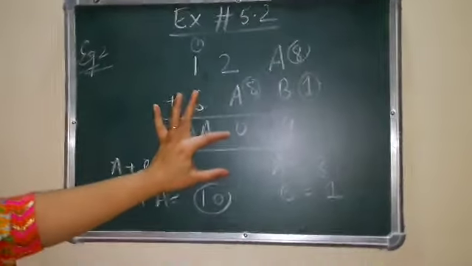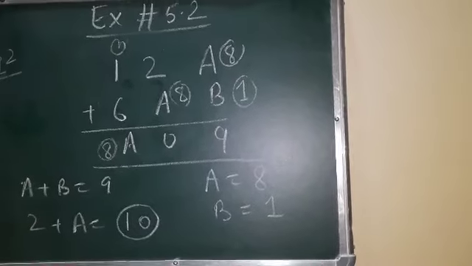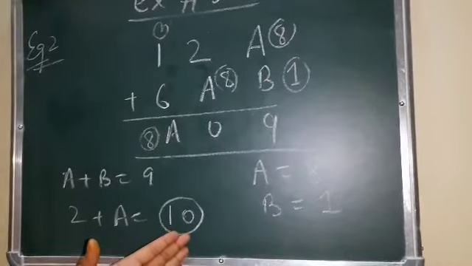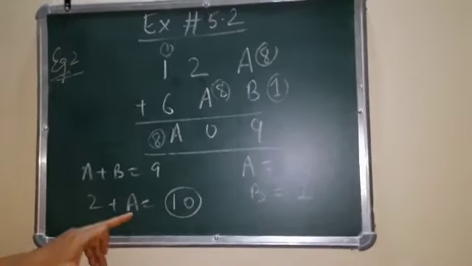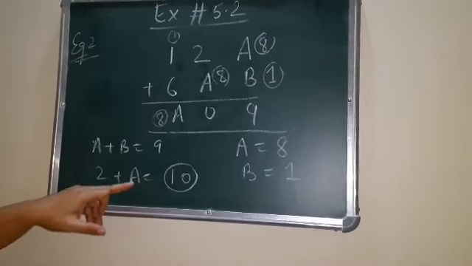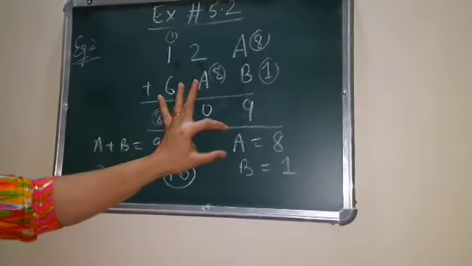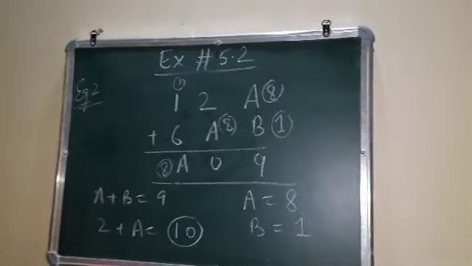2 plus A is 0, given. So 2 plus A cannot be 0. When we add something, we get a bigger number. So the next number other than 0 which has a units place 0 is 10. So that means 2 plus dash is 10. When you find A, it will be 8, because when you add 8 to 2, you get the answer 10. That means A can be 8. So we will put A as 8 and check.